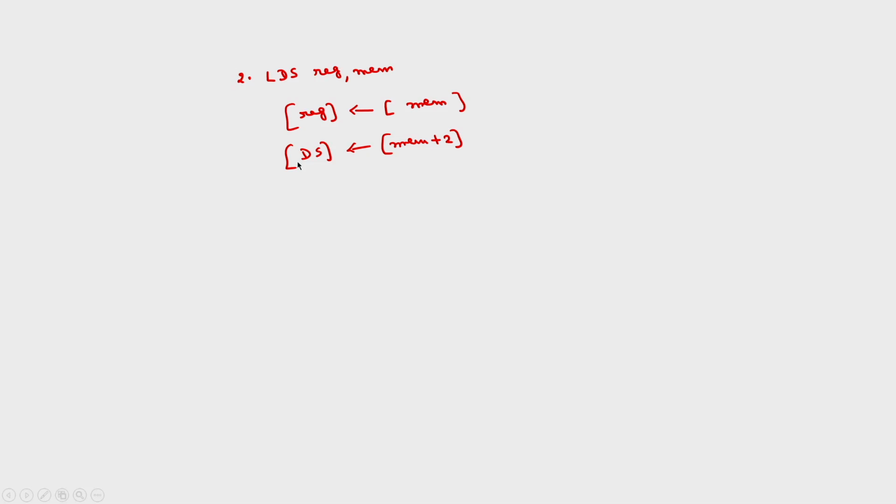I will give the example so that it will be clear. If I give the example using simply direct addressing mode or register indirect addressing mode, say LDS BX comma contents of SI simply.